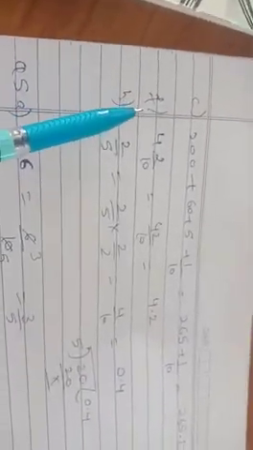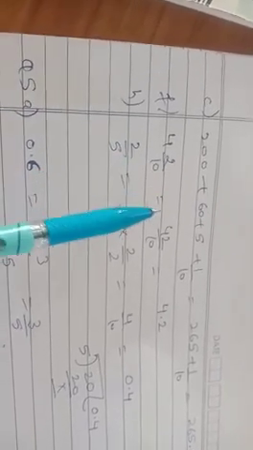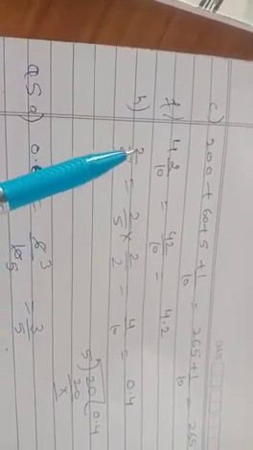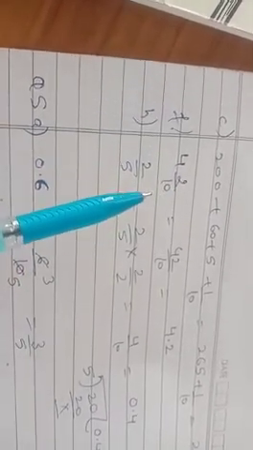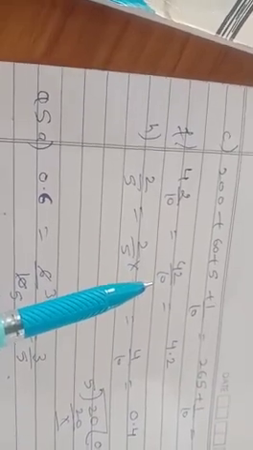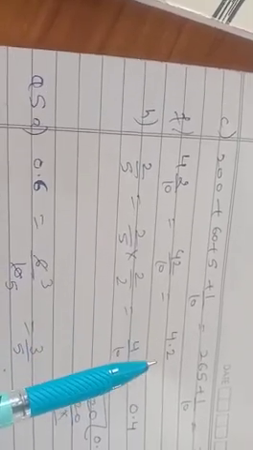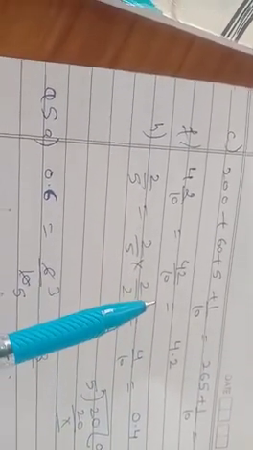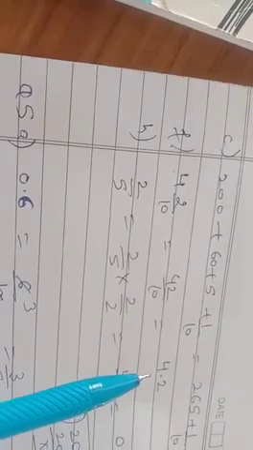Next we have F part. Here we have 4 2/10. You can see it is in the mixed form. So first we have to change the mixed fraction into an improper fraction. How you do it is 10 times 4 is 40, 40 plus 2, 42. So we have 42 by 10. So 42 by 10 can be written as 4.2. As I have already told you, if you have 10, 100, 1000 in the denominator, you have to shift the decimal towards the left side according to the number of zeros. Here we have 1 zero, so we have shifted 1 decimal.